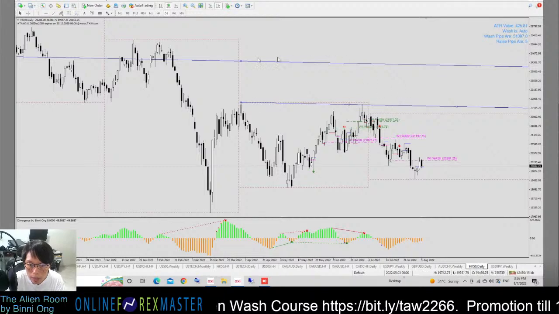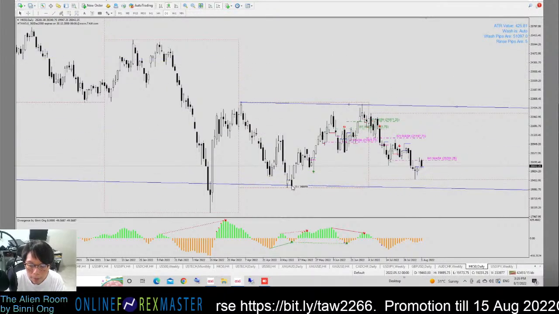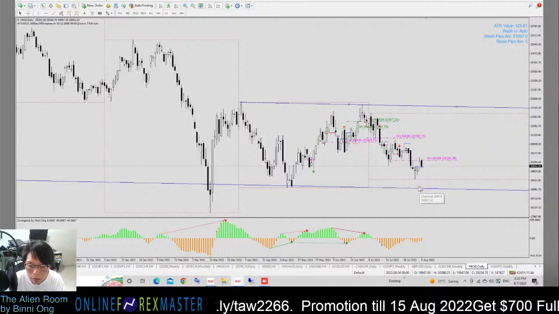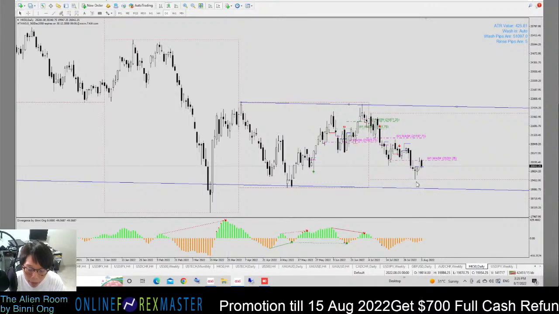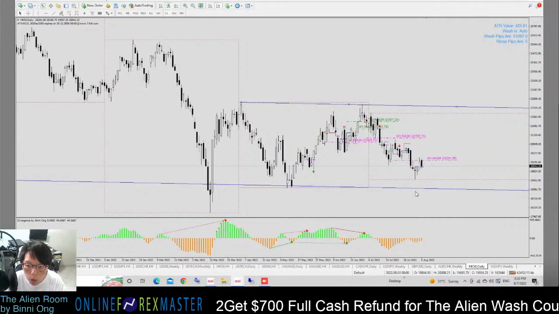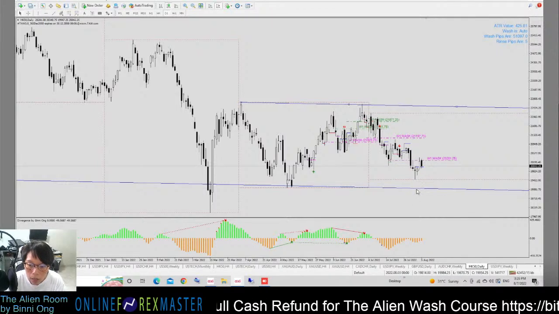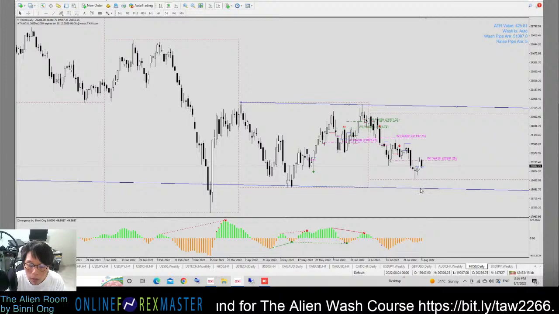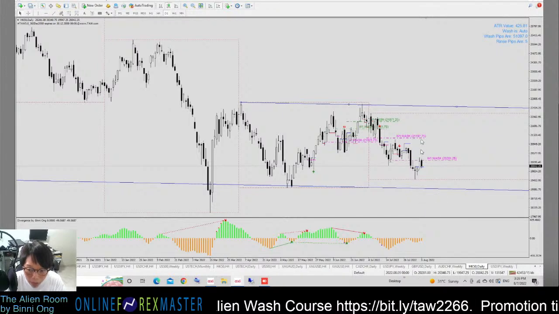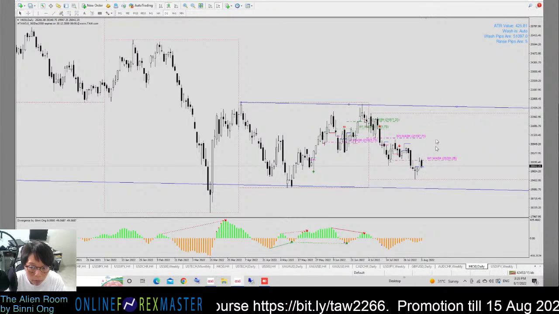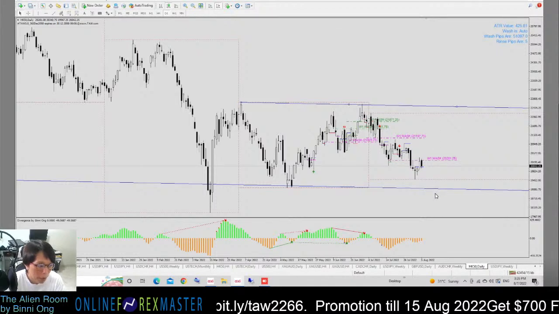It's almost like a support. If you look at HSI, it's nearer to this support here. That means it's nearer to the low of this channel. So I'm thinking that it should be range bound. And remember, we talk about